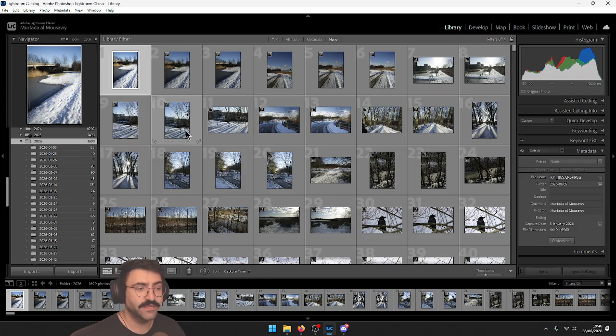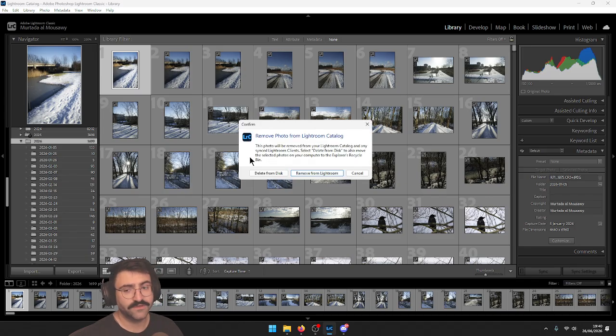Catalogs are kind of like a virtual file system on top of your actual file system, because like Windows or Mac, you know, having files, I would say that's a physical file system, because if you delete your file there, it's gone or it goes into the trash. If you delete a file here in your catalog, it will ask you, for example,